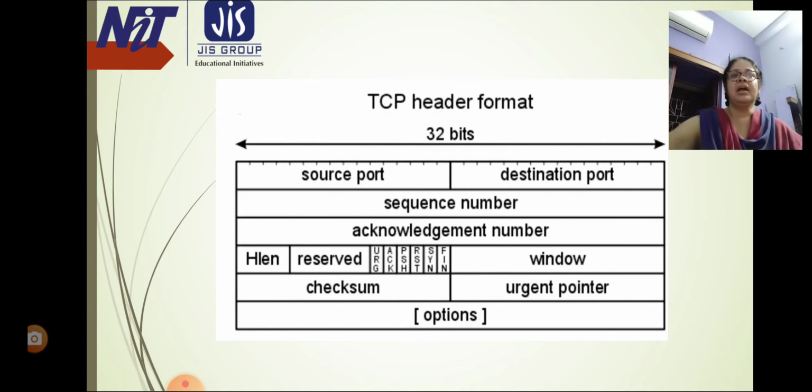TCP is connection oriented. So a TCP connection is established by a three-way handshake. It is necessary to remember that a three-way handshake is needed because TCP is a reliable stream delivery service which guarantees that all bytes received will be identical and in the same order as those sent.